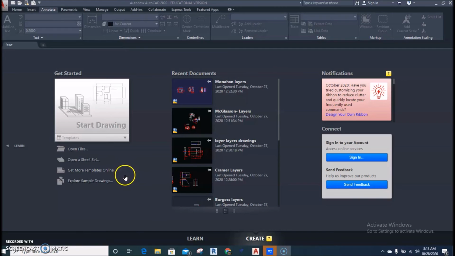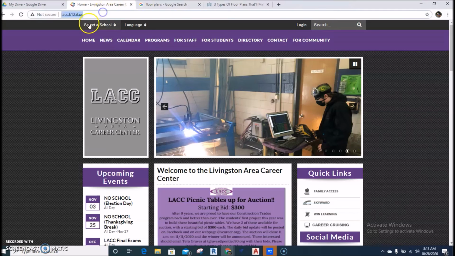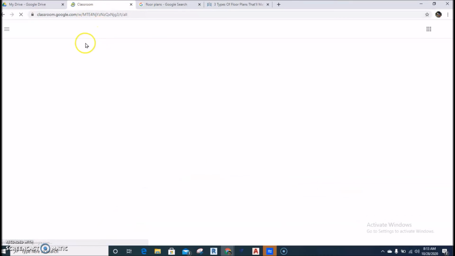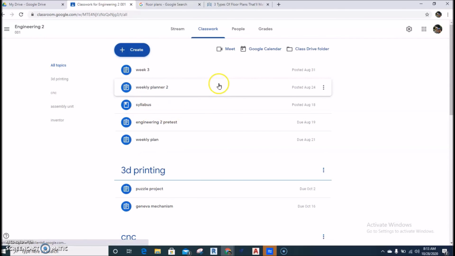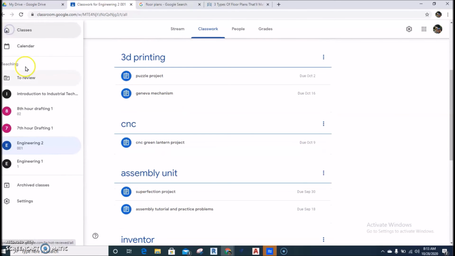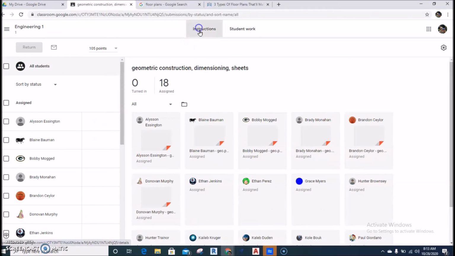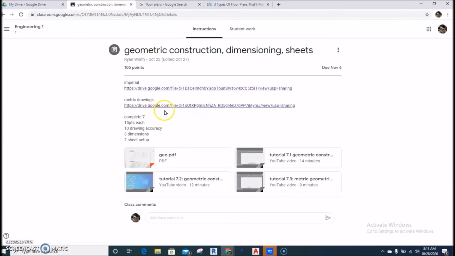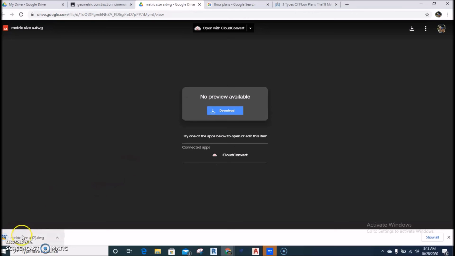So we're going to do a metric one this time. I need you to go to Google Classroom. I know I have another video that goes over this, so if you already got this set up, great. If not, get it set up. Go to your class, and I need you to download a file called Metric Drawings. So click this,